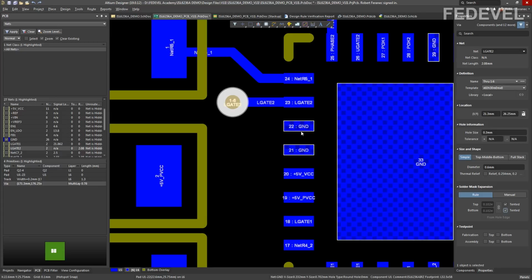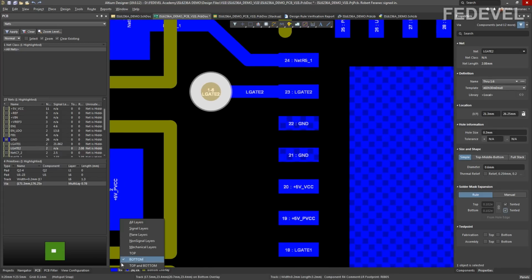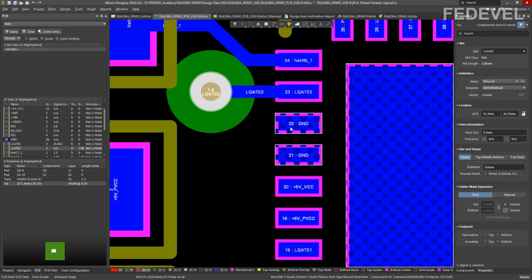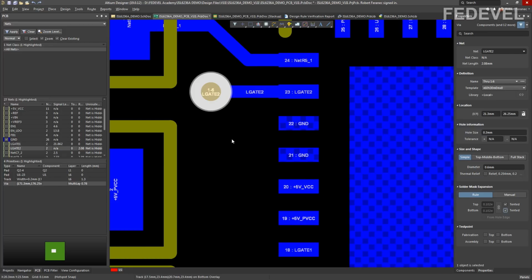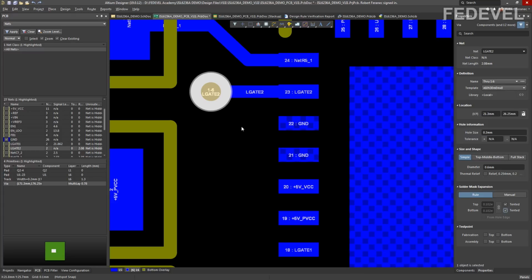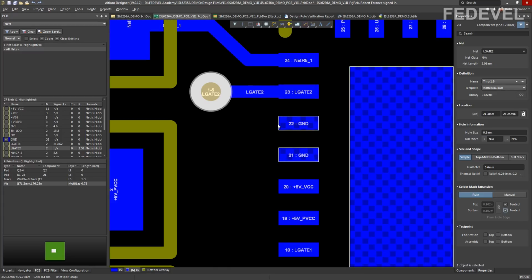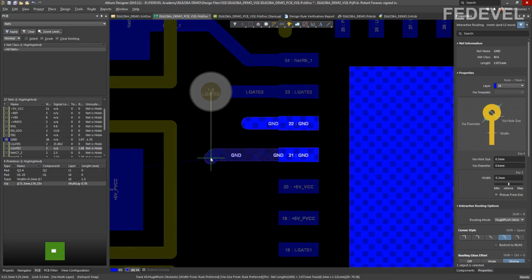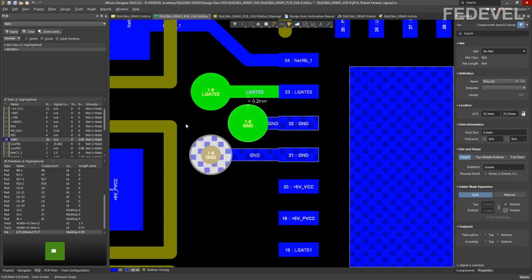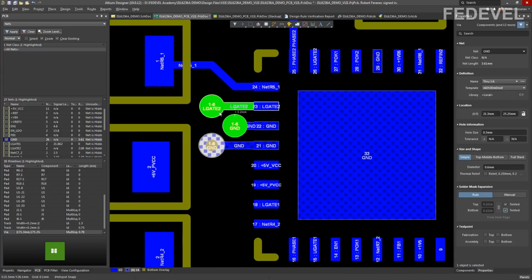The next two pins are grounds, and because we have the big planes on layer 2 and layer 5, we do not really need to do anything special with these pins. Everything we have to do is just draw a short track and place a via, which will then connect this pin to layer 2 and layer 5. So draw a short track and place vias here. For now, just ignore these small violations. We will fix them later.